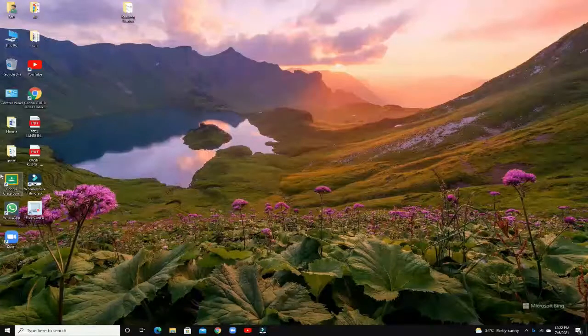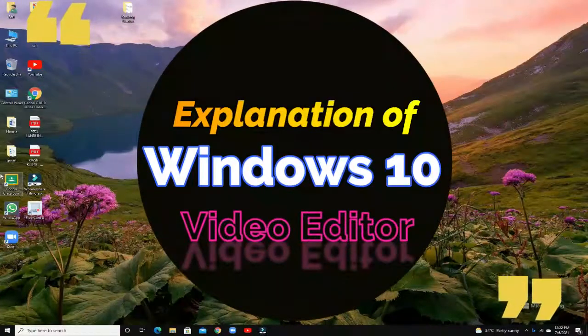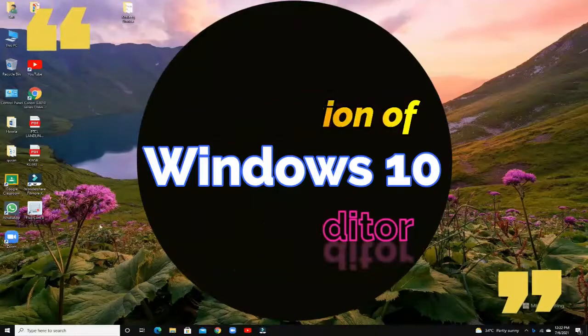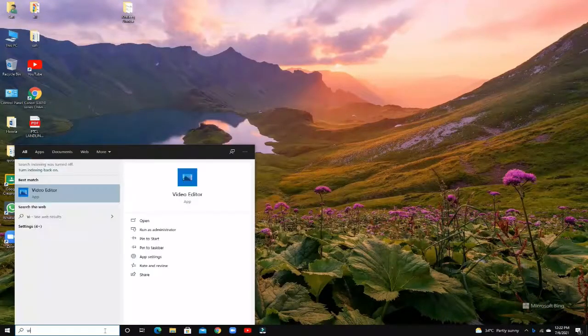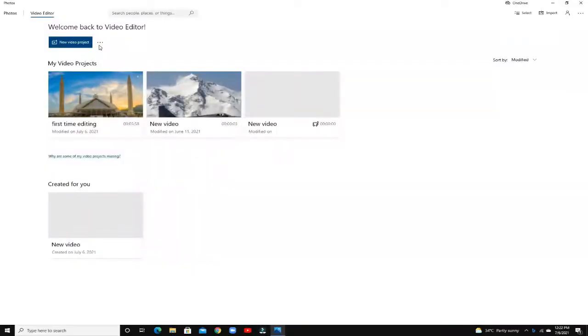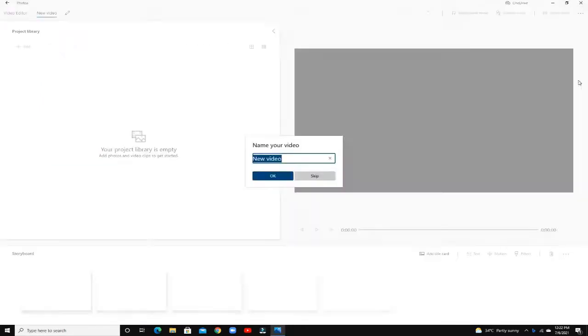In this video I'm going to explain you about Windows 10's own video editor. So let's start. First, in the search box you will type here video editor, and then you will take the best match. We'll click on it. It will open like this, and then you will click on this new video project. You will click on it, and you will see one screen appear in front of you which will ask you to name your video. So let's suppose I will write